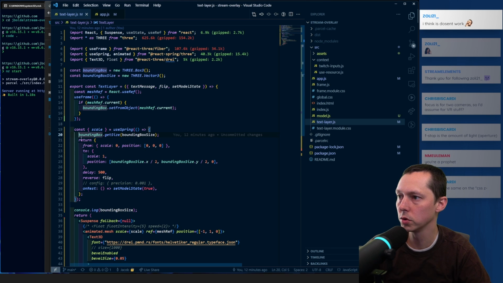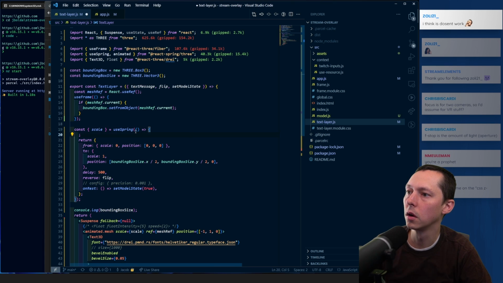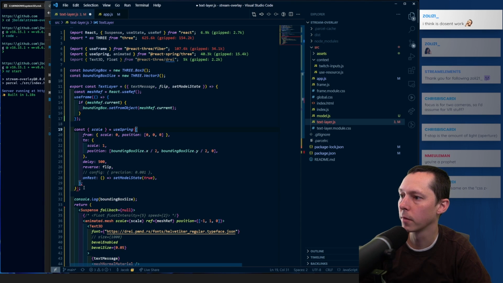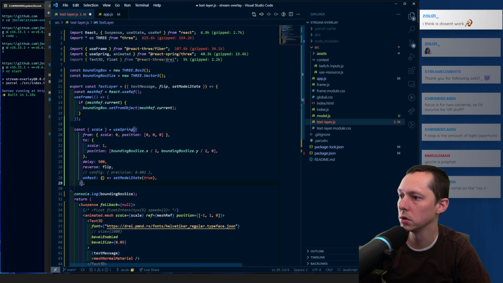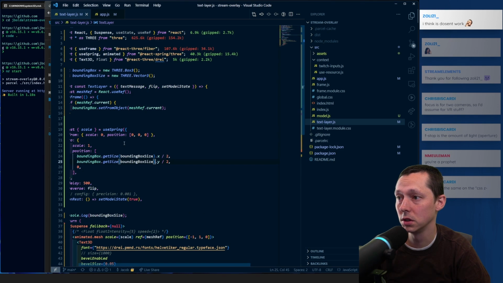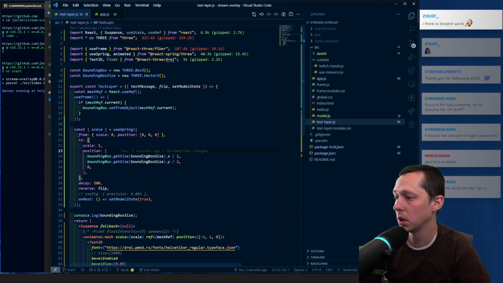Then this is more so just an issue with this being a function. So I think what I'm going to do is we're going to do this. This feels ugly, but if it's not a promise or anything,